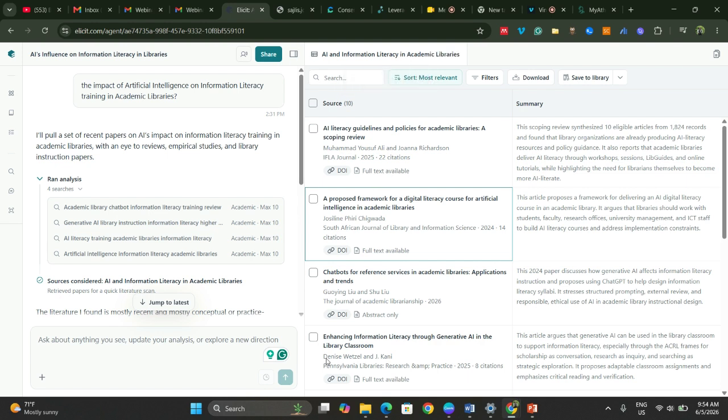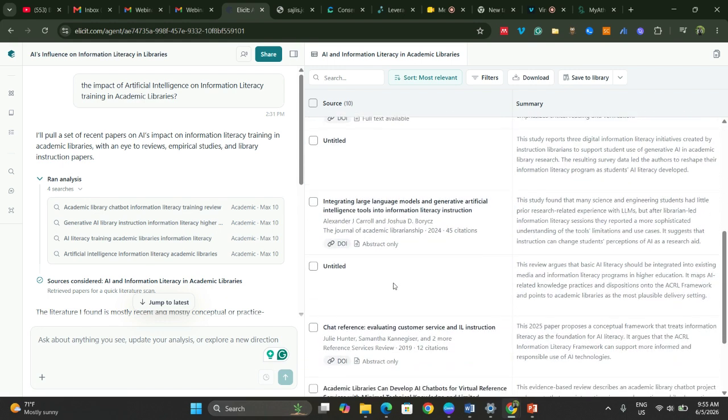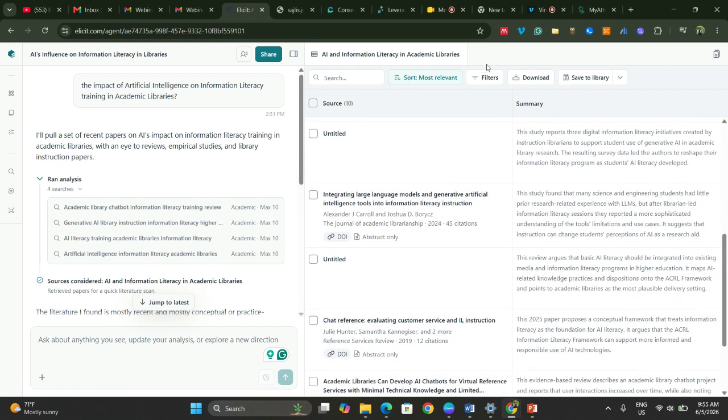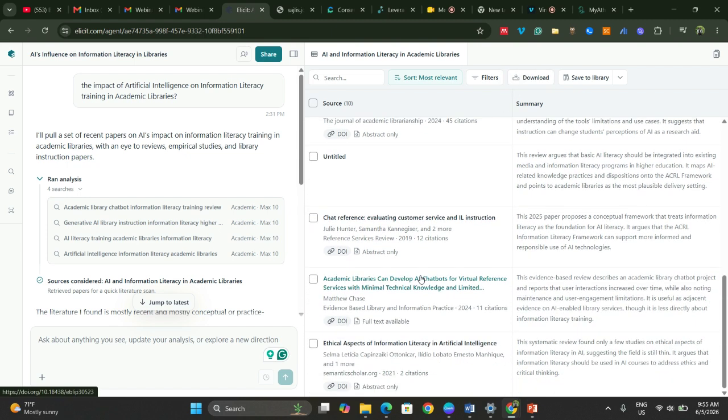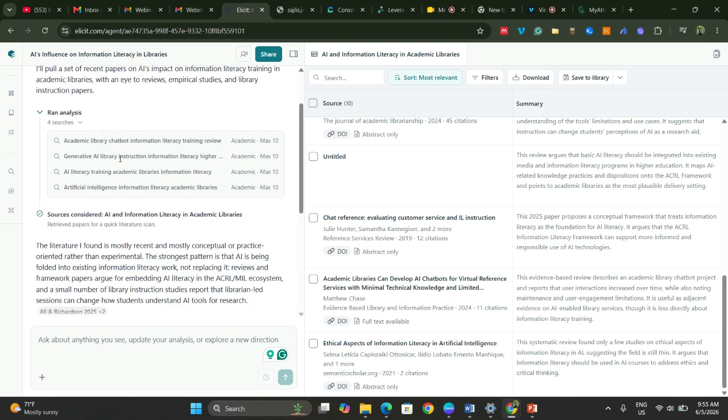So you can see from this side, I have a paper, I have a summary. So I can just see from this summary whether I want to explore this paper or not. It gives me a summary and everything. If I want them, I can just click and then download if they are downloadable. And then on this side, there are many other ways of refining your search. It will suggest, let's see,